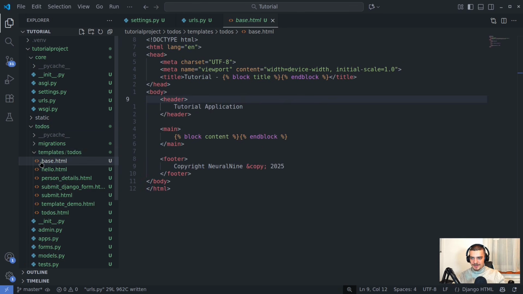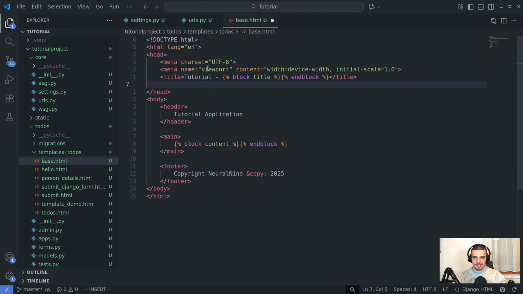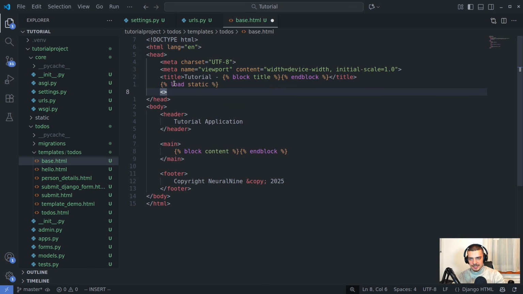So we're going to go to base.html, and up here, we're going to link to a style sheet. First of all, with the templating engine, load static. This is a prerequisite. And then we can actually link to a style sheet by saying link rel stylesheet href is equal to, and now we can use this fancy curly bracket notation again. But in quotation marks, it's going to be static, and then in single quotation marks,